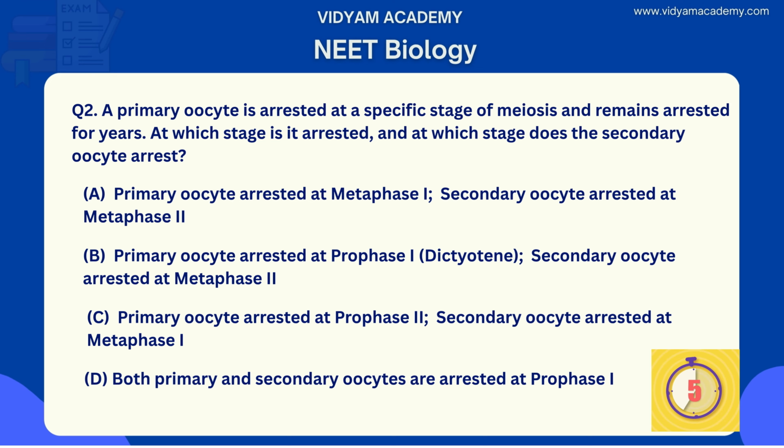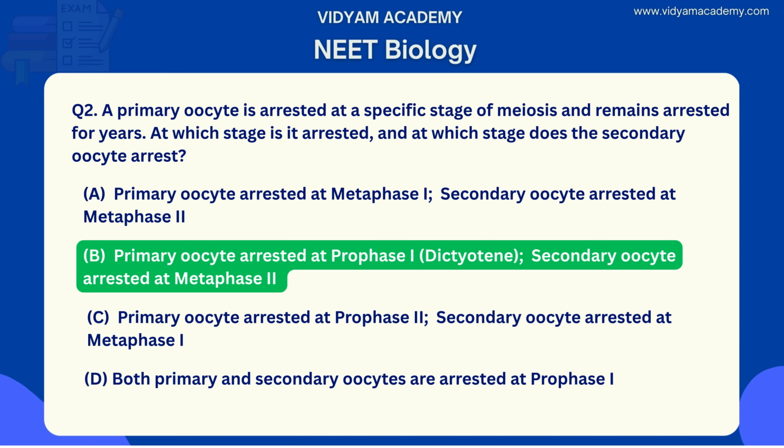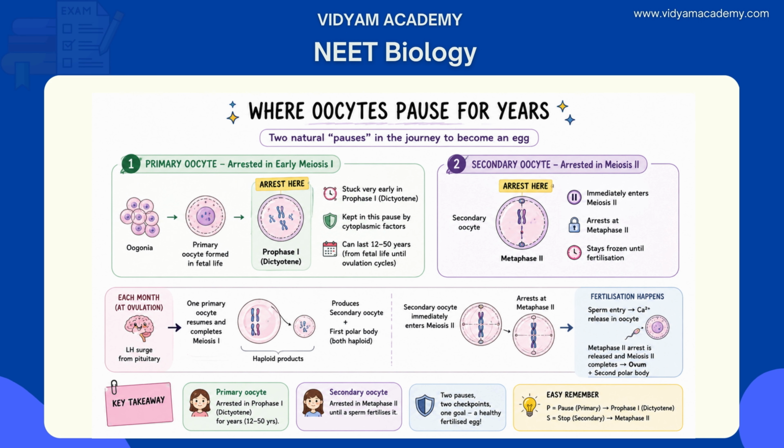Can you guess the right answer? Your time starts now. The answer is option B. Why and how? Let's see the explanation. The primary oocyte is formed from the oogonium during fetal development. It enters meiosis 1 but gets stuck very early at prophase 1, specifically at a substage called dictyotene, also called the diplotene arrest. This arrest is maintained by high levels of cytoplasmic factor and can last anywhere from 12 to 50 years,